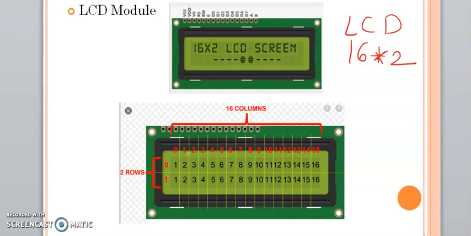Now for the particular LCD module to be used, you need to first of all go through the data sheet. So LCD modules with 16 by 2 size can be manufactured by different manufacturers, like Hitachi, Atmel, like that.